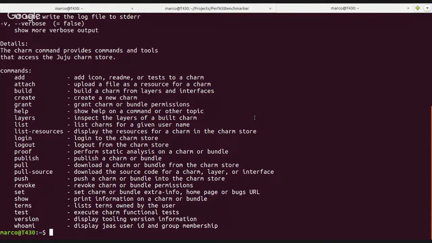We have also added the ability to assign access control to charms, so you can grant access, both read and write, to either the public space, a select group of users, or just yourself. So we give you the control to really manage your charms in the charm store. Again, the UI engineering team have done a lot of work to get that in. A lot of these new commands, things like charm login, charm push and pull, charm publish, set, etc., are there to help you manage those charm entities in the store